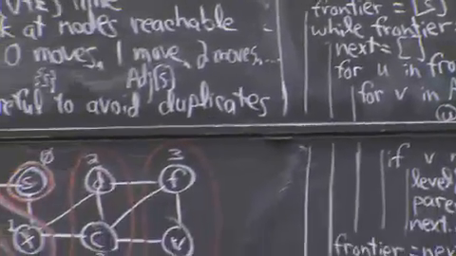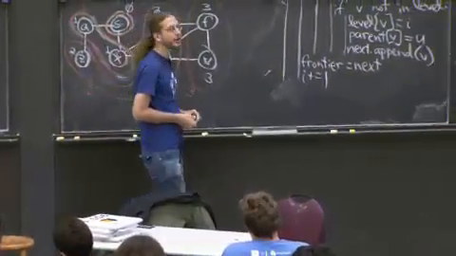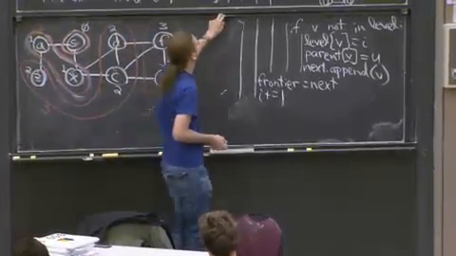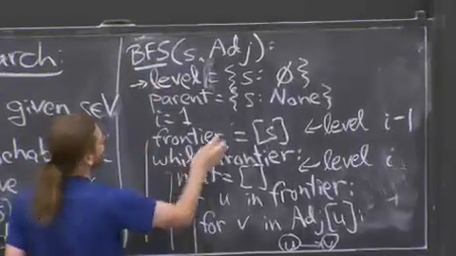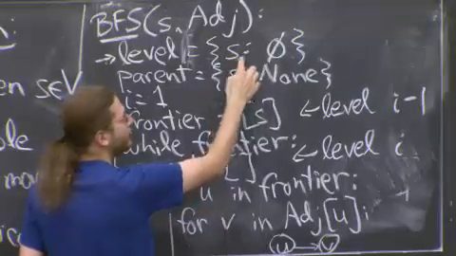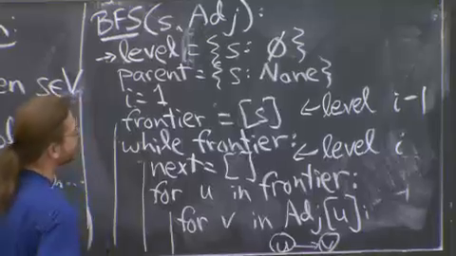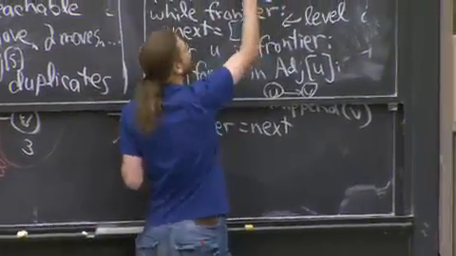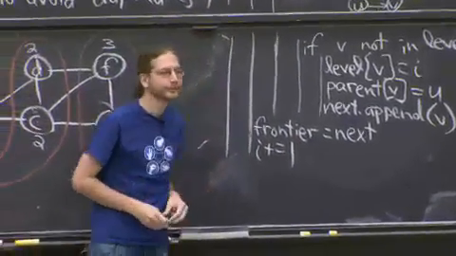Question? Yeah, just at the very beginning of the algorithm, the level equals S. What is that notation? This is Python notation. You may have heard of Python. This is a dictionary which has one key, S, and has one value, 0. That's shorthand in Python for, usually you have a comma separated list, and the colon is specifying key value pairs.